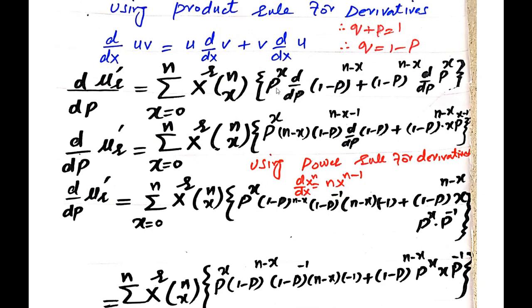So now we solve this using the power rule, which is: when you have a power and take the derivative, we decrease the power by 1 and multiply by the number with the power. So here n minus x is the power we use in the power rule. Multiply n minus x with this number 1 minus p and decrease the power by 1, n minus x minus 1, and take again the derivative d over dp of 1 minus p, plus 1 minus p to the power n minus x, and apply the power rule here, x p to the power x minus 1,